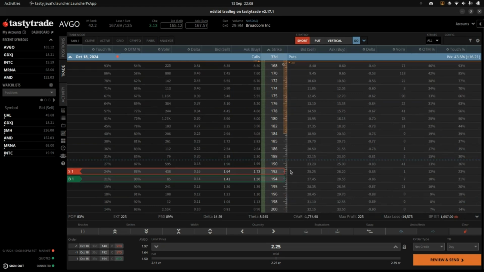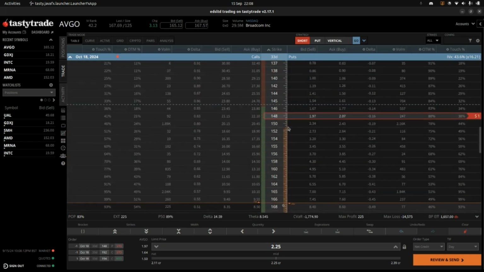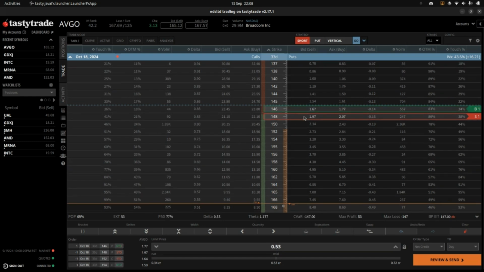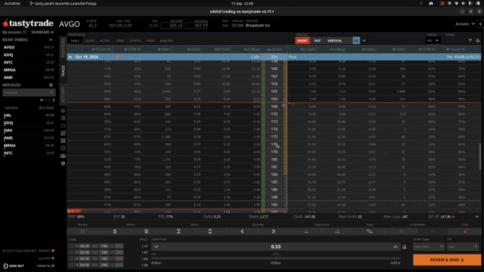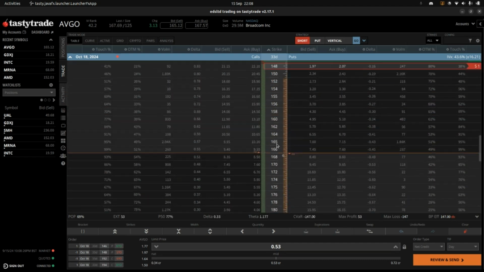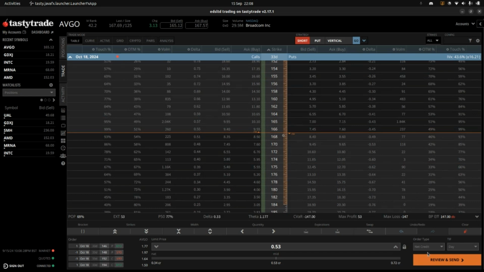194 minus 192 is $2 wide. You do the same thing on the put side, $2 wide. That will take us to 146, and we buy the 146. We sell the 148, $2 away. We buy the 146. Now, what that has done is that has massively reduced our buying power requirement down to